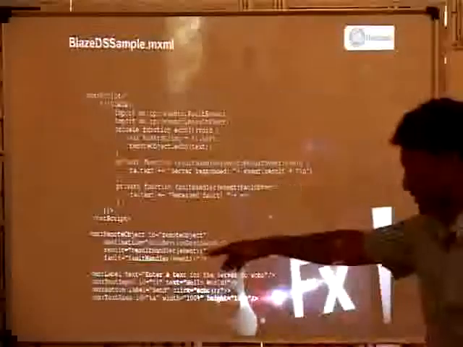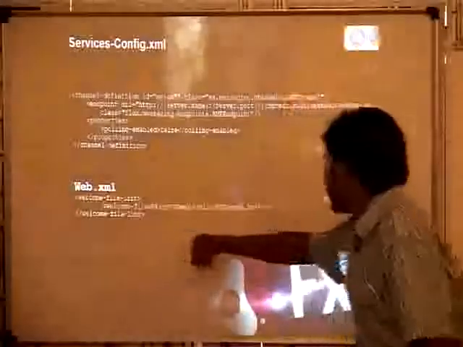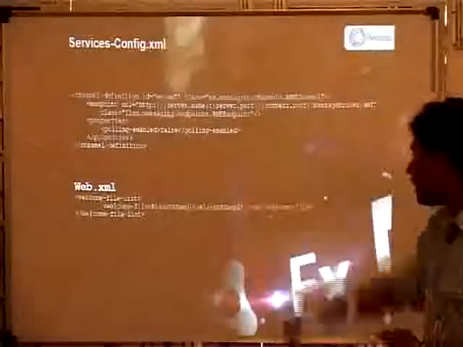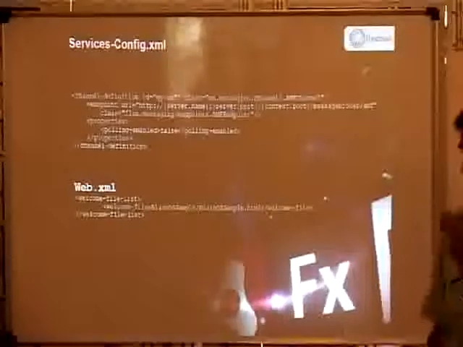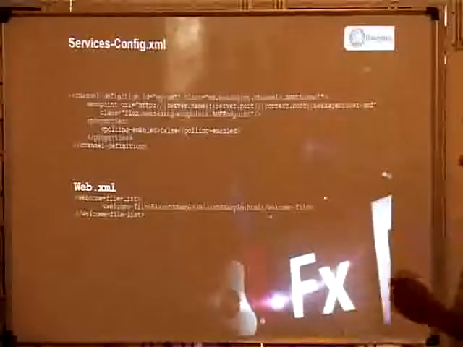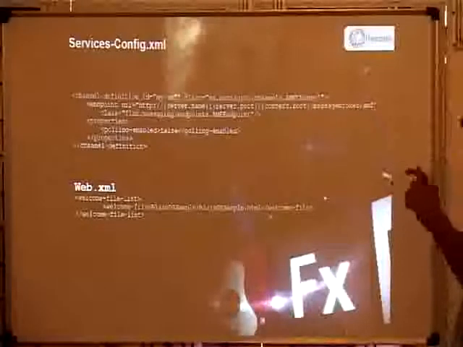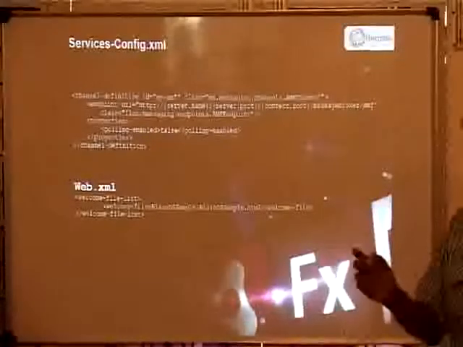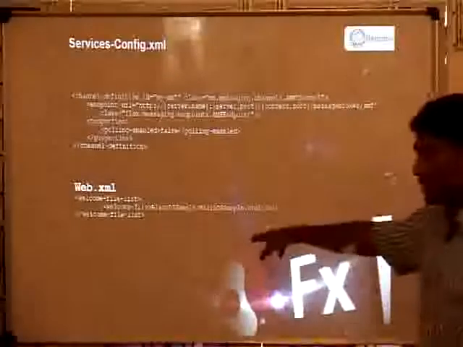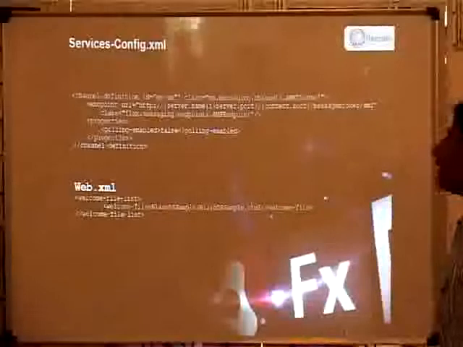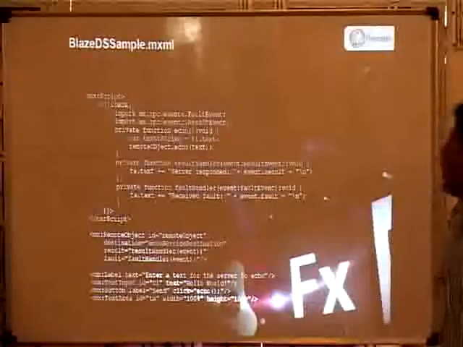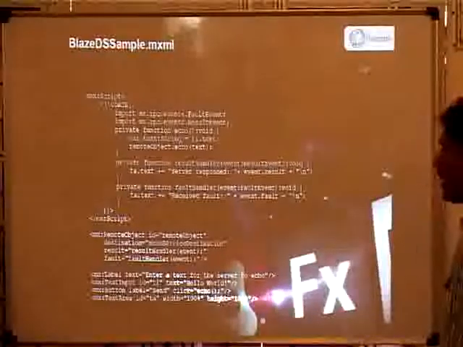Okay. This is the web.xml. You have to give which HTML you are running. For that you can create the bin release and host it in the server. You can give that path, BlazeDS sample and BlazeDS HTML. On the client side, I think you know all that HTML part will be generated. If you are creating the bin release, the HTML part will be created. You can use that here for the index file. When you are running the server, it will automatically open this. This is the XML client side part.